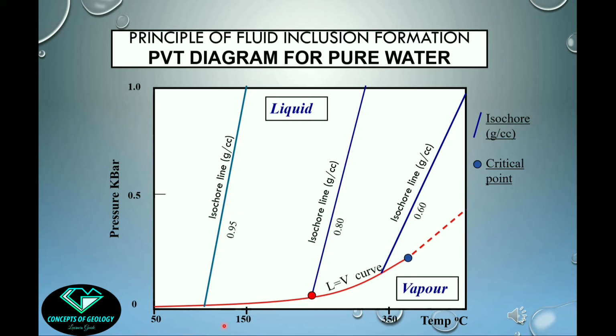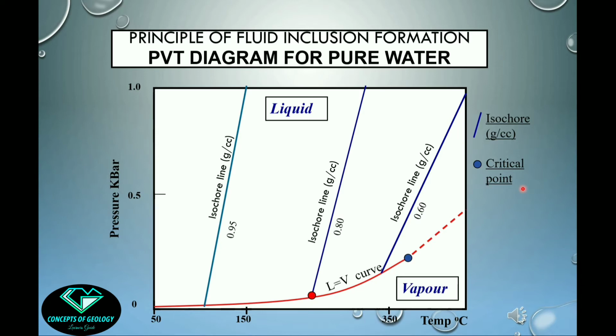When we are increasing the temperature of the inclusion, we have to put more pressure on it to maintain the density. That means when temperature is increased, the liquid inside the inclusion is getting expanded, and that's why the density of the liquid is decreased. To maintain the density, we have to put more pressure on it to maintain the volume of the liquid again.